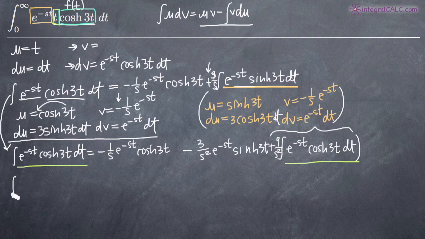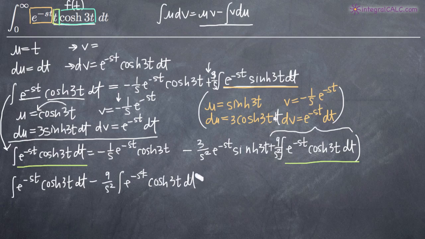So what we'll have is the integral of e to the negative st cosh 3t dt minus 9 over s squared times the integral of e to the negative st cosh 3t dt. And that'll be equal to negative 1 over s e to the negative st cosh of 3t minus 3 over s squared e to the negative st